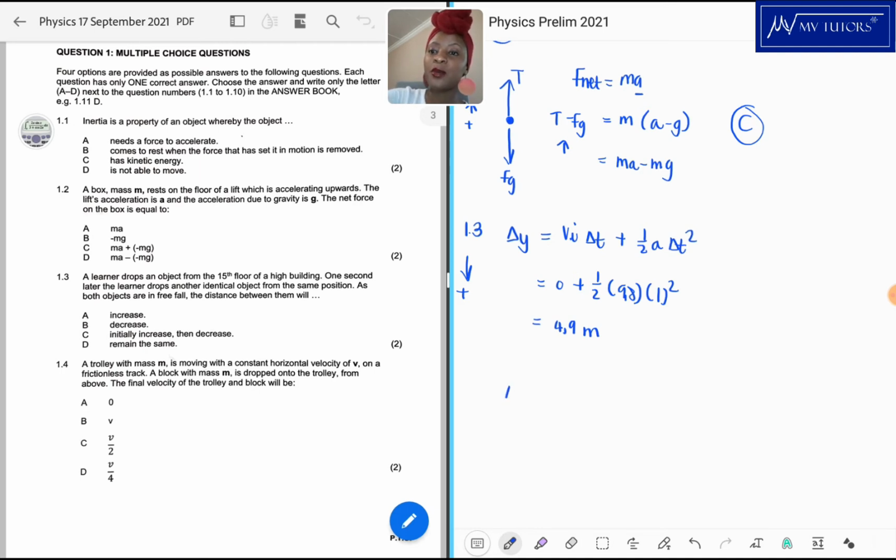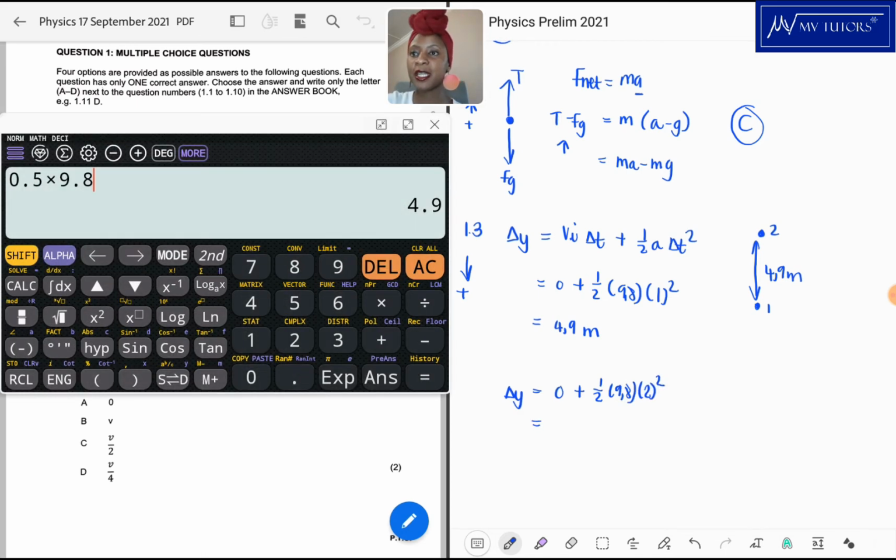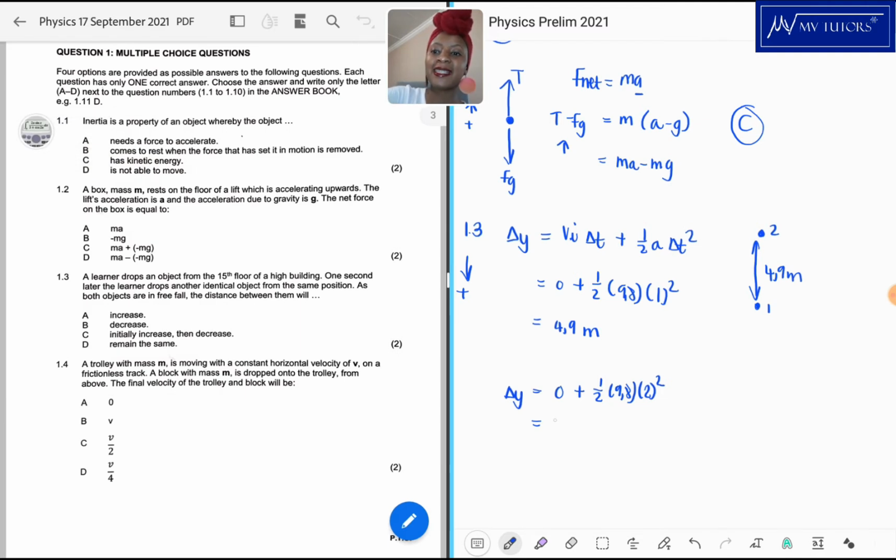So for now you have object 2 there and you have object 1, and the distance between them, we said, is 4.9 meters. Now at 2 seconds, let's just check on the calculator. We have 9.8 times 2 squared, which is 4. Now the distance between them is 19.6 meters. Do you see that the distance actually